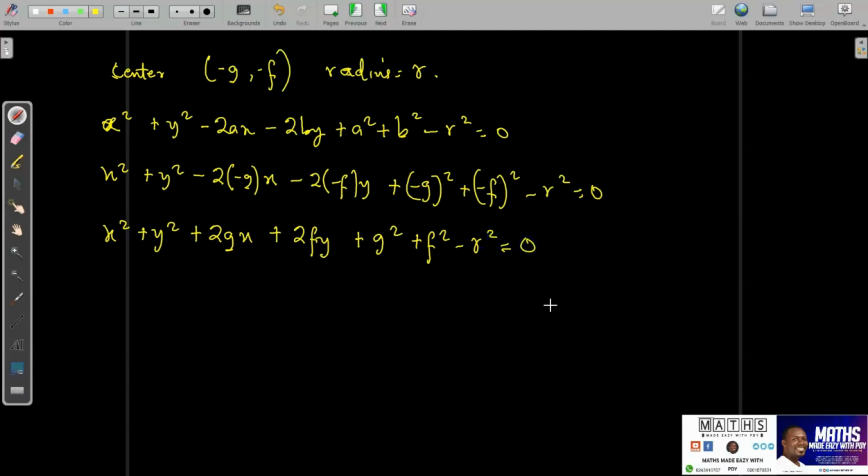Are you clear? So this expression here became a general formula for finding the equation of a circle when the center is known and then the radius is also known. This time around, the center is negative g and negative f. Are we all okay? Yes, please. All right. So I've shown you two formulas here,